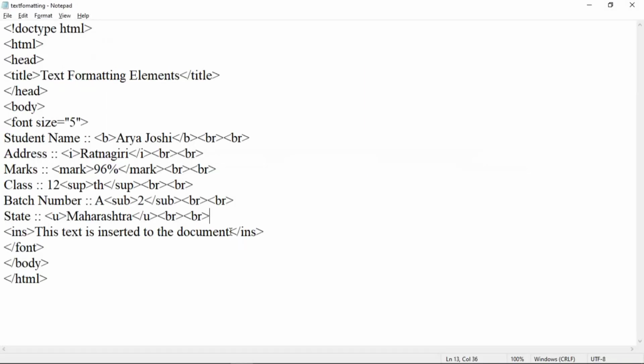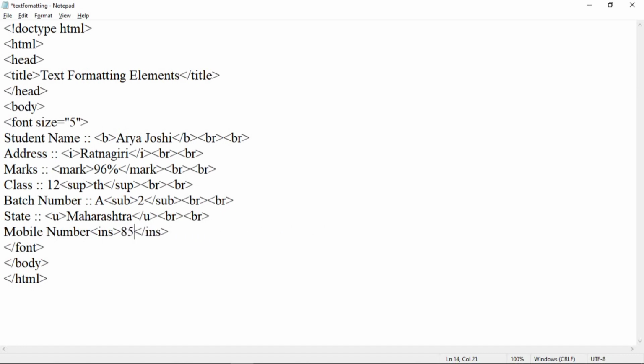Here instead of this content you can add any other content as well. Suppose we want to add a mobile number, then here add mobile number, then here type a mobile number of the student.